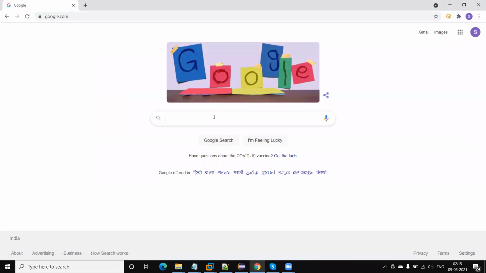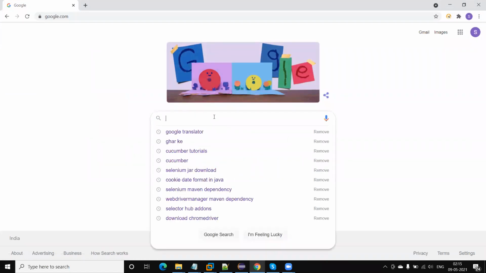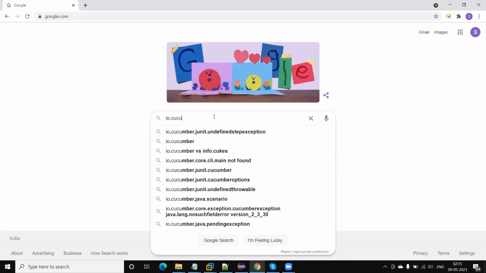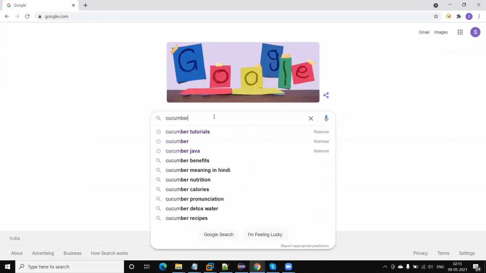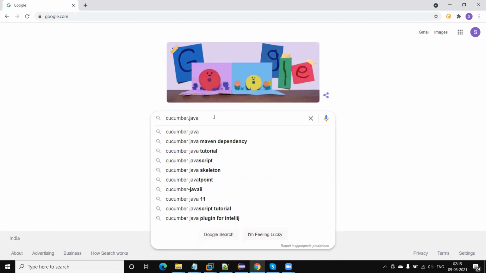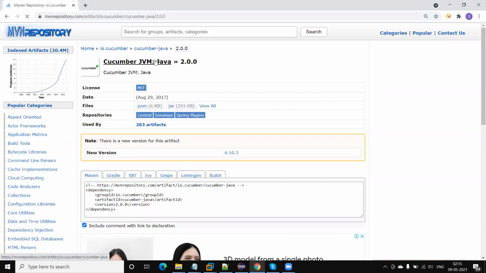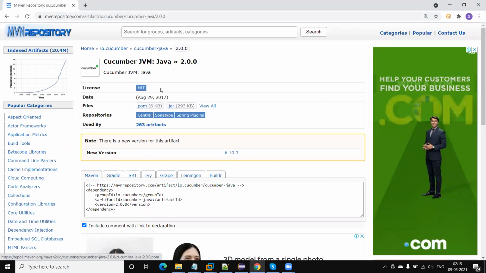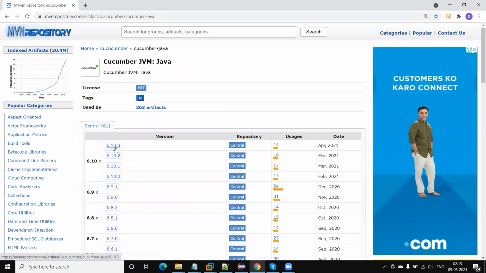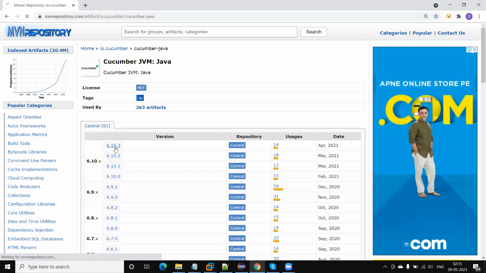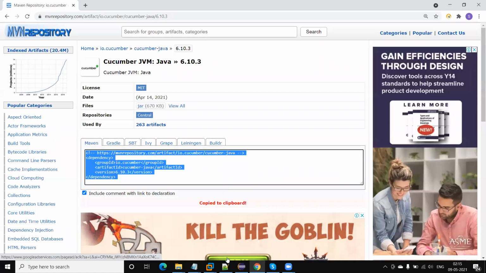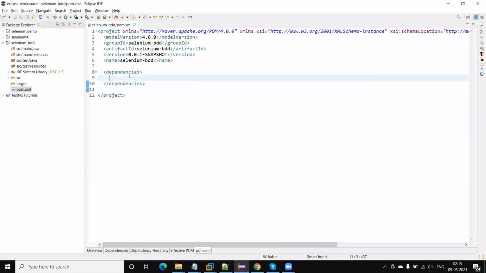Okay, so first of all, I need to use the io.cucumber Java Maven dependency. Okay, so let me move on to this. So I'm going to use the io.cucumber Java. So this is the latest repository, and let me check the latest one. Okay, so latest is 6.10.0. So I'm going to select this, copy this and paste in our dependency section